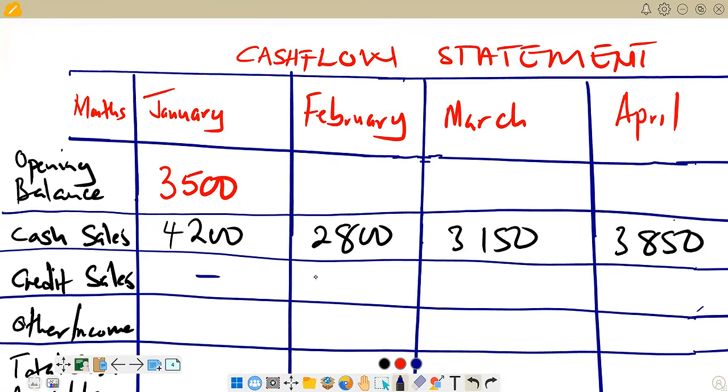So we go to February. Remember, February we got 1,800. So we got 1,800 here. Then for March we got 1,200. So we got 1,200 here. And then for April we got 1,350. So that is what we have in terms of credit sales. We go on